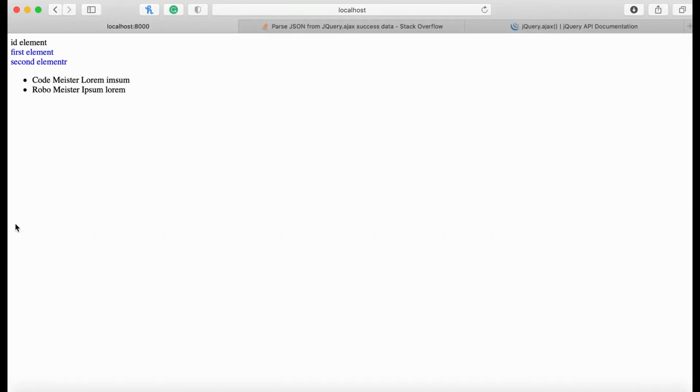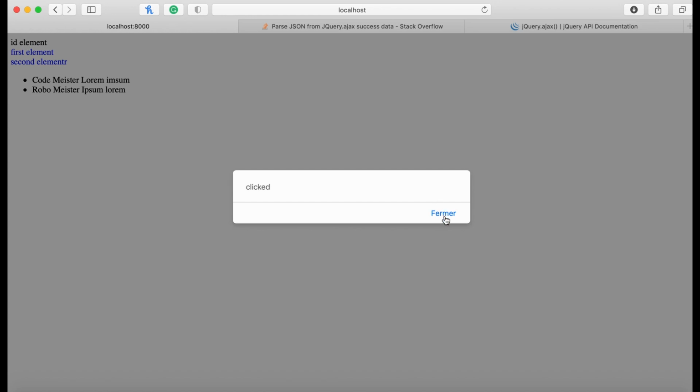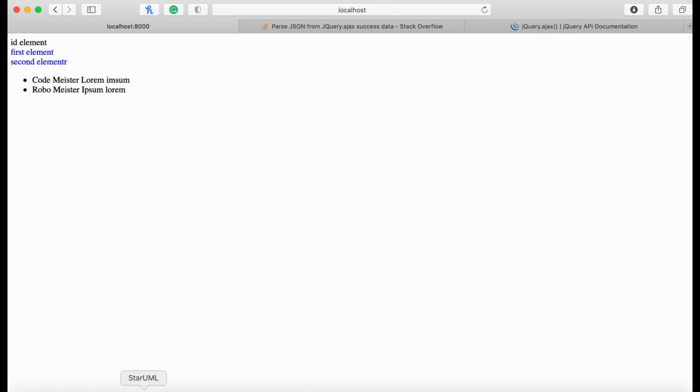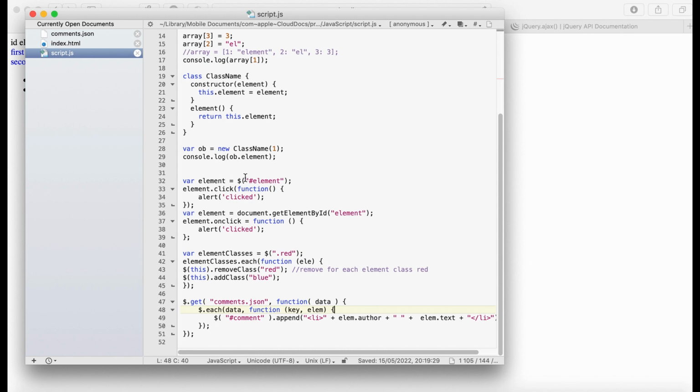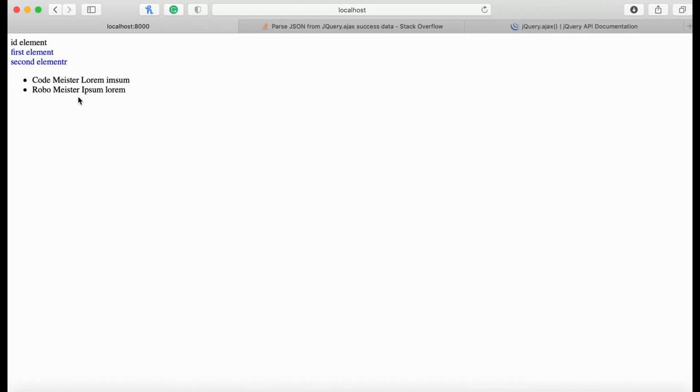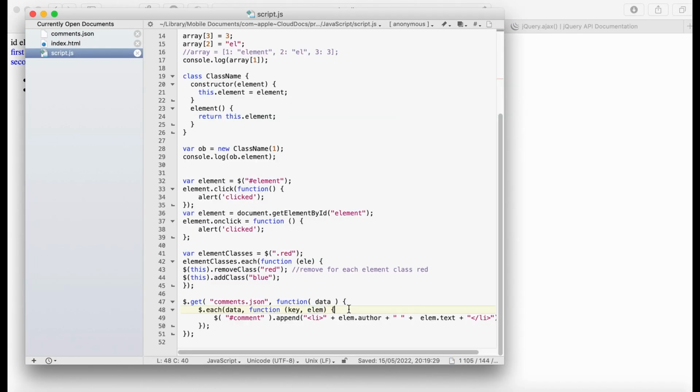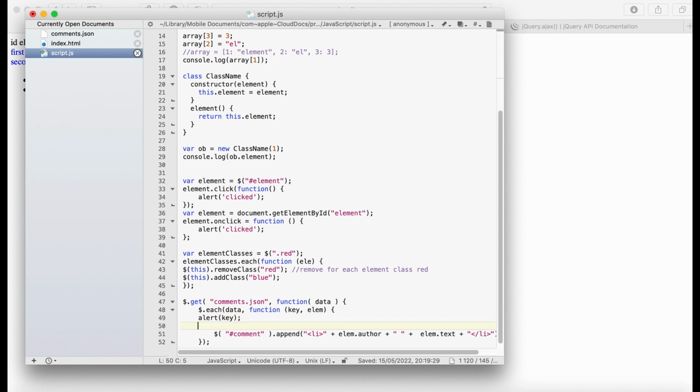Let's check if everything works. What we were missing was a key when we extracted each element from the array.